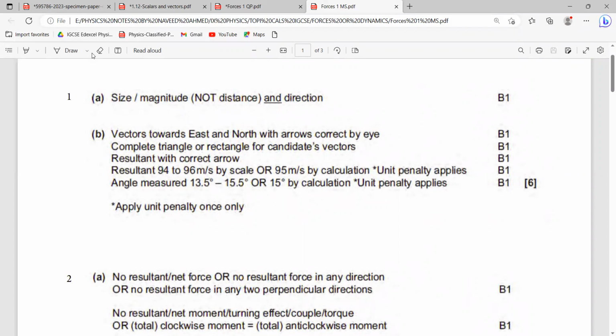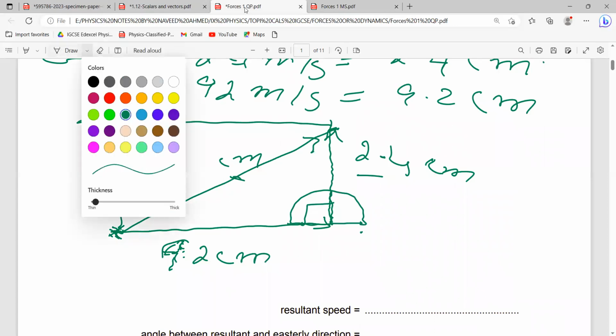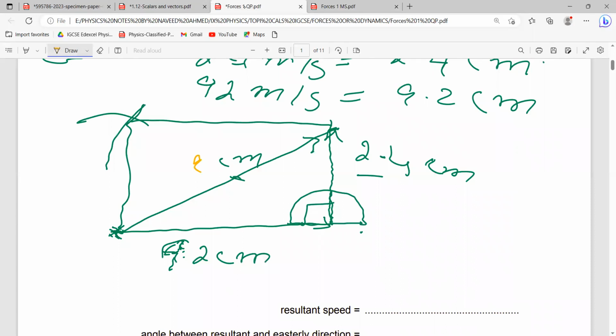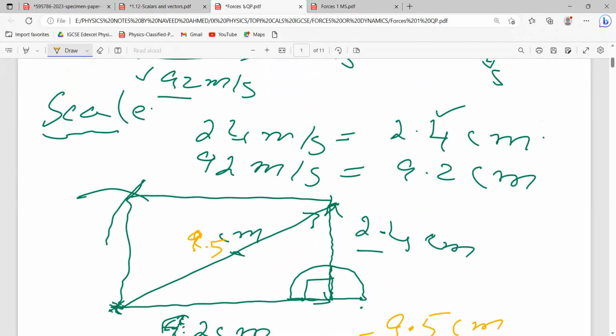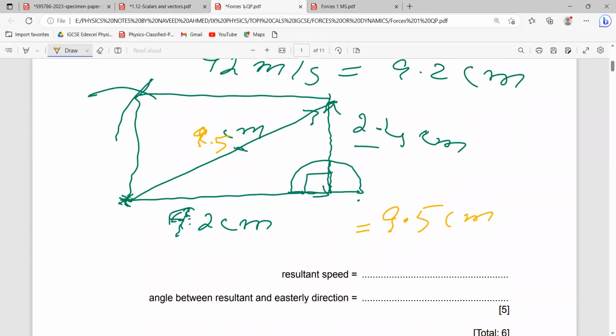अच्छा, इसमें रिजल्टेंट हमारे पास आ रहा है तकरीबन 94 to 96 मीटर पर सेकेंड। मतलब कि ये जो हमारे पास लेंथ आएगी, ये हमारे पास आ जाती है 9.5 सेंटीमीटर। तो रिजल्टेंट हमारे पास आ गया 9.5 सेंटीमीटर। अब क्योंकि क्वेश्चन जो था वो मीटर पर सेकंड में था, वेलोसिटी दिस वन, और हमने स्केल सेलेक्ट करके इसको कन्वर्ट किया था सेंटीमीटर में। तो अब दोबारा सेंटीमीटर से मीटर पर सेकंड में लेके जाएंगे।